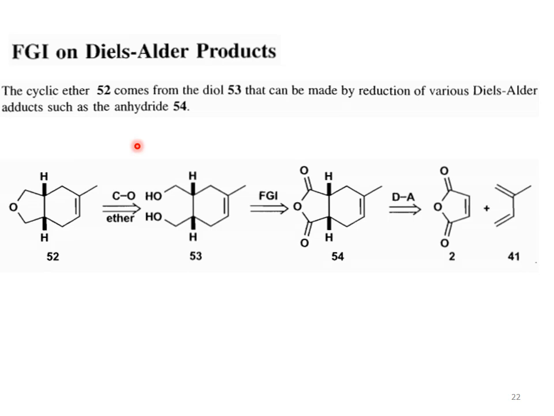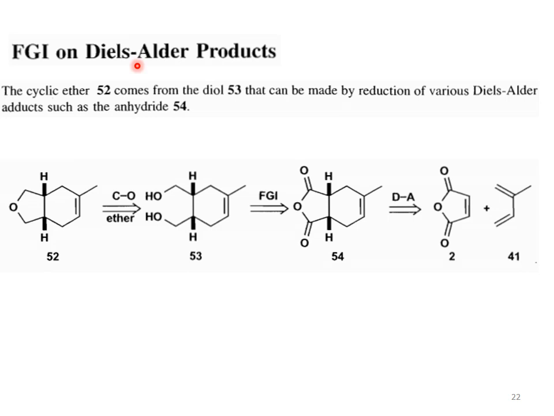See the structure 54. This is an anhydride. Either it follows the rules of formation of the Diels-Alder reaction or not. Check the requirements of 54. See, it has a 6-membered ring and it has a pi bond, and the electron withdrawing group is opposite to the pi bond. So this product, that is 54, completely follows the requirements of the Diels-Alder product.